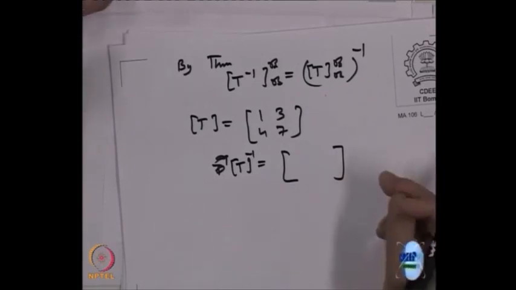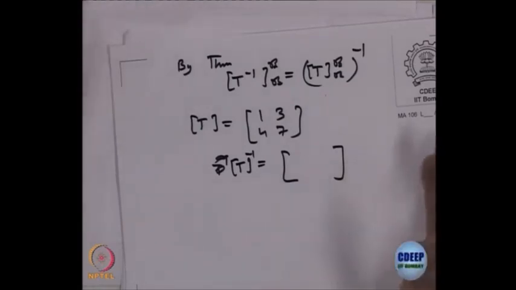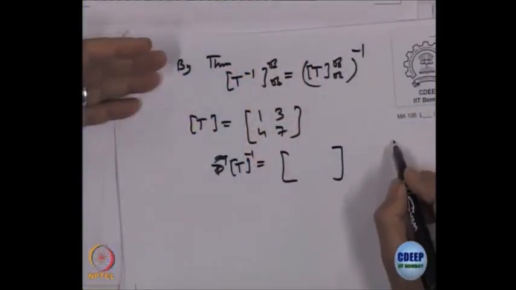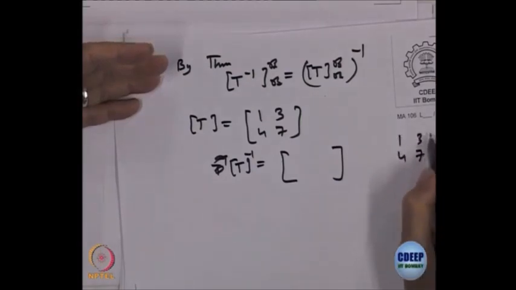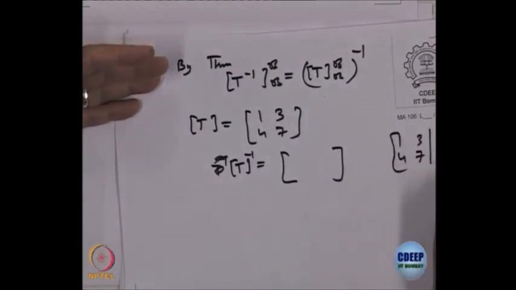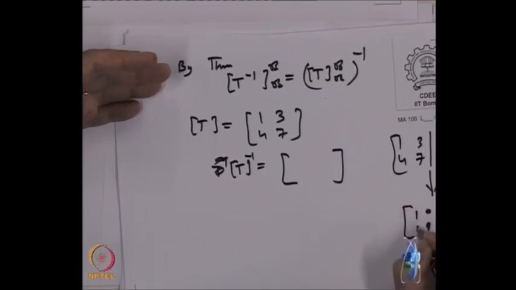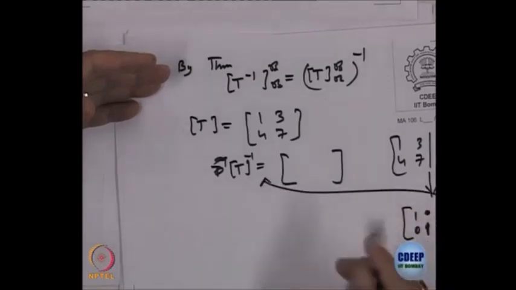You can do it by your adjoint method if you like, or you can do it by row operations, adjoining the identity matrix. You remember that process, whichever is easier you can do. It is clear? Okay. So, to find this inverse, you can start with T, so 1 4 3 7, and write 1 0 0 1 next to it, and transform it using row echelon form so that the first part comes out as 1 0 and 0 1, and the other part will come out as something, and that is precisely my inverse.